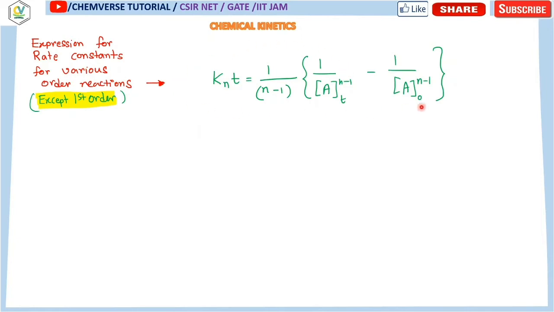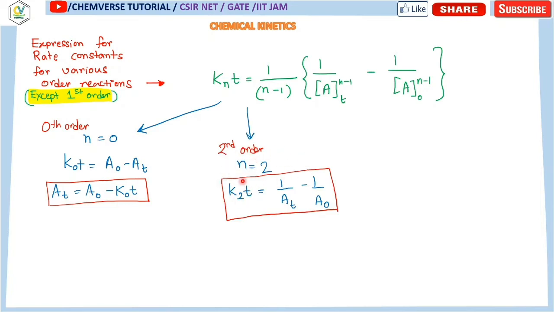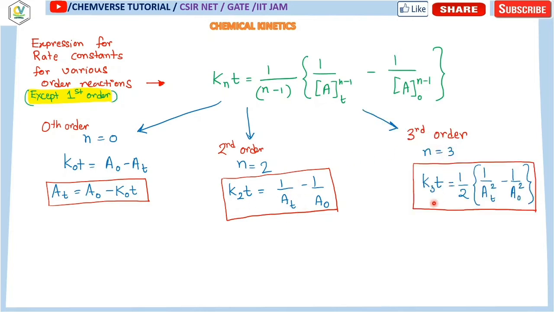Okay, let's move on to this extremely important formula. You need to remember this formula. So this is nothing but the rate equation, the relationship between the rate constant, time and the concentration. For different orders, this n value will be changed and you will get the expression for that order reaction. But one more thing, it is not applicable for first order reaction. For 0th order reaction, putting n equals to 0, you will find this expression. Okay. For second order reaction, putting the value of n as 2, you will get this kind of expression. And over here I am getting the third order rate expression.